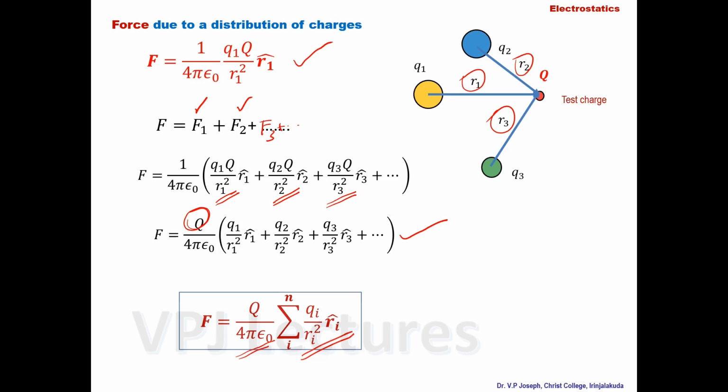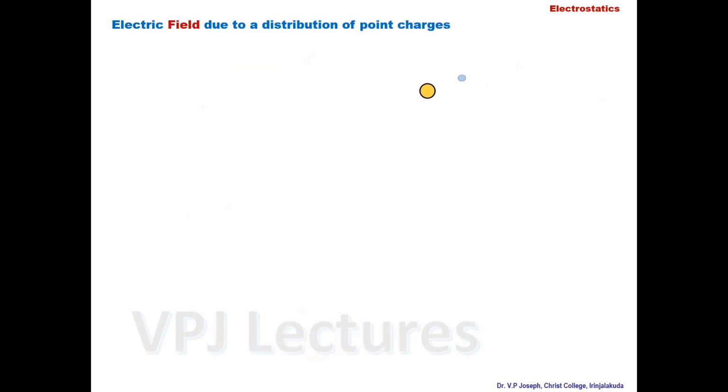So this is the expression for the force acting due to a distribution of charges, and that is the Coulomb expression for the force on the test charge placed at a location in presence of a distribution of point charges. Now the electric field due to the distribution of point charges can also be obtained by dividing that by the test charge placed. The magnitude of the test charge is capital Q,